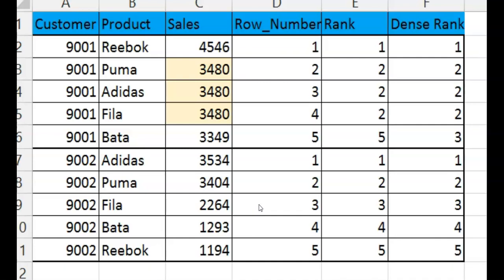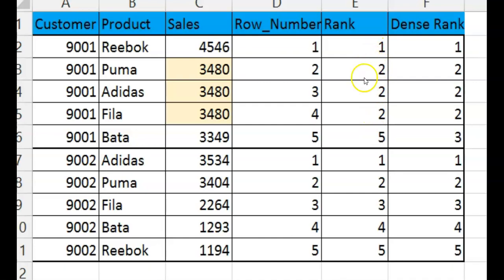That is completely your choice, but we have taken highest to lowest. But in the case of the first customer where three values are exactly the same, the rank function will assign the highest value as 1, but the other three which are exactly the same will be provided the exact same rank, which is 2, 2, 2. Since three positions have already been captured,